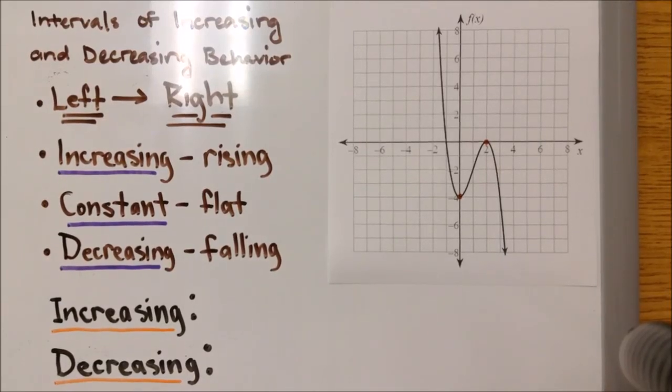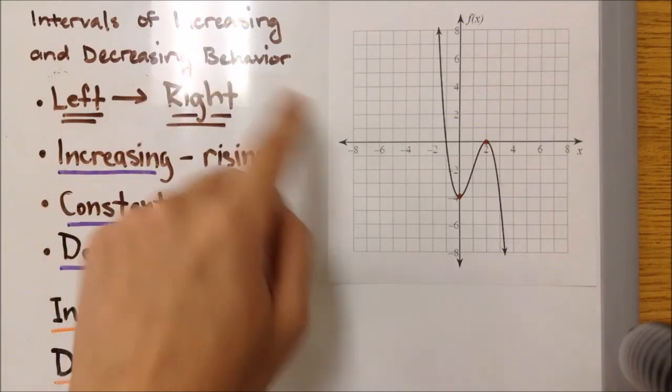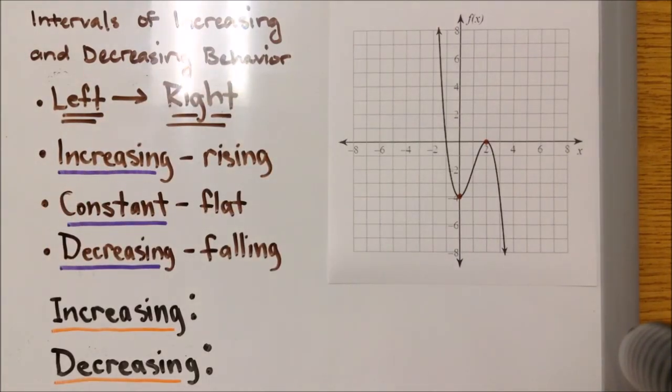Time for some extrema. Now the first part of this section, we're going to focus on intervals of increasing and decreasing behavior. So, for this particular section, when you're trying to write out intervals of increasing and decreasing behavior with a given graph, just like this one right here,